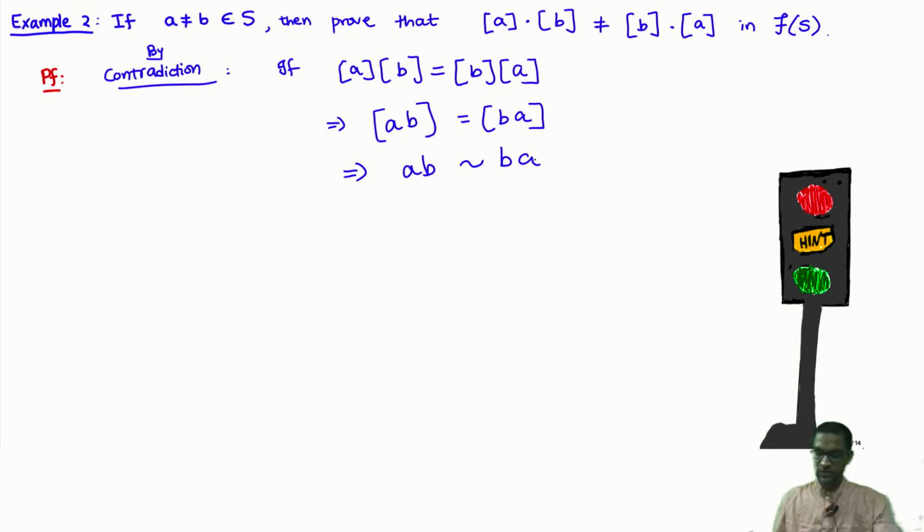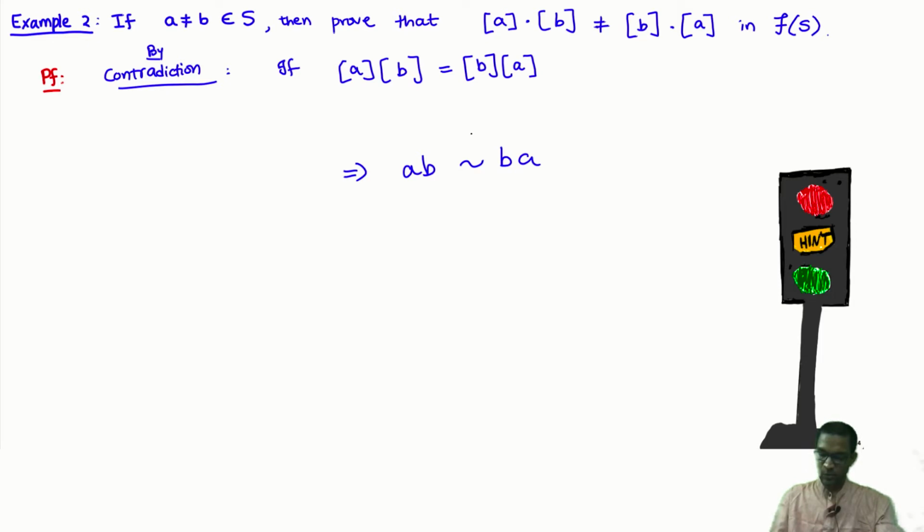In fact, we can do the same thing that we did before. Instead of writing it in this way, let me do what I did in the earlier problem. If AB equals BA, let me take the next step and put the right hand side onto the left hand side as inverses. So this means A inverse B inverse is the identity.